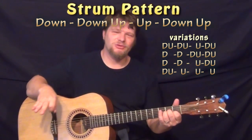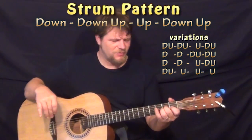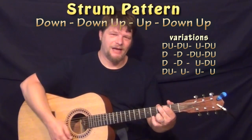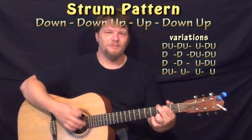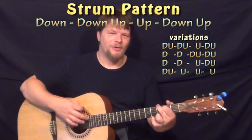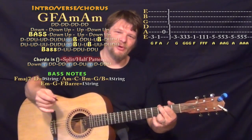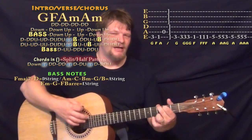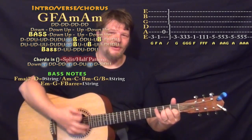Or you could use a strum pattern. One of my favorite strum patterns for a 4/4 like this is down, down, up, up, down, up. So if you took the G and just tried that a lot to get used to it, you have down, down, up, down, up, down, down, up, down, up. So we can do that a lot to get used to it. And if we tried that through our chord progression, you have the G, F, A minor,